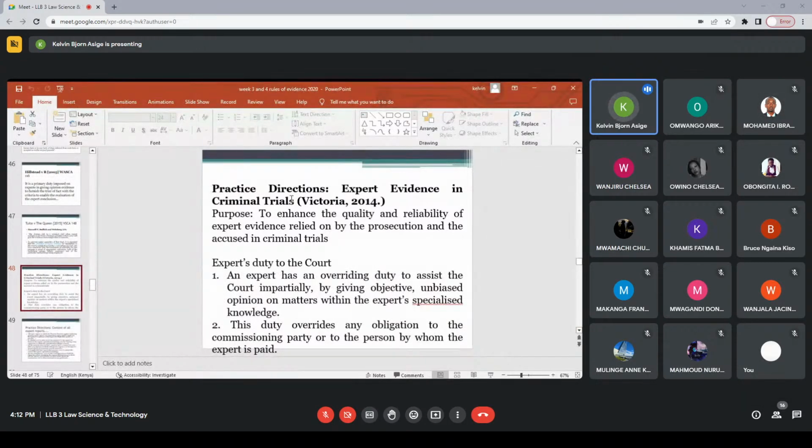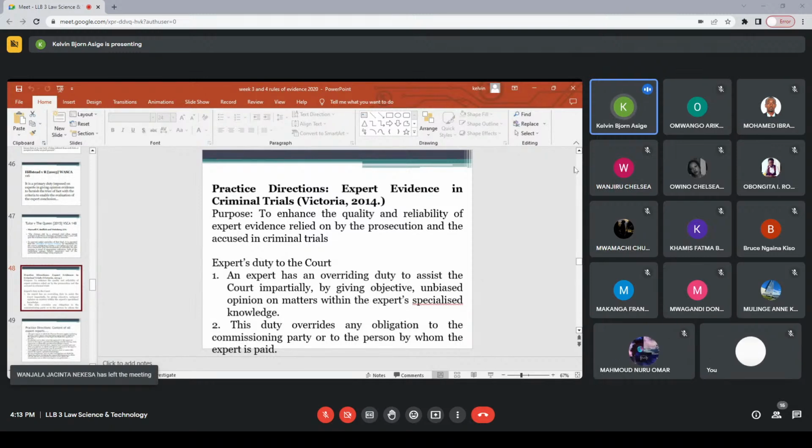Okay, great. So according to these practice directions, the purpose is to enhance the quality and reliability of expert evidence that's relied on by the prosecution and the accused in criminal trials. I want us also to think whether we have similar practice directions in our Kenyan law as well, because we want to compare and contrast so we can understand where our Kenyan law is when it comes to admissibility in comparison with other jurisdictions. So the purpose of these practice directions when it comes to expert evidence in criminal trials is to enhance the quality and reliability of expert evidence relied on by the prosecution and the accused. The expert's duty to the court,